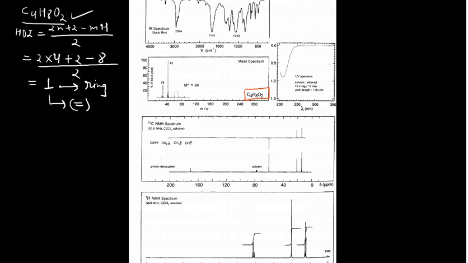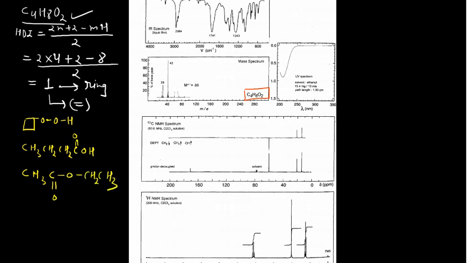So we will draw the structures for this C4H8O2 having the ring and the double bond. Okay. So the first structure we can think of is a ring with O and OH. And the second structure we can think of is CH3, CH2, CH2, C double bond O, OH. This could be a possibility. And the third structure you may think of is this one, O, CH2, CH3. So these three possibilities are there, and you have to check which one is the correct one.